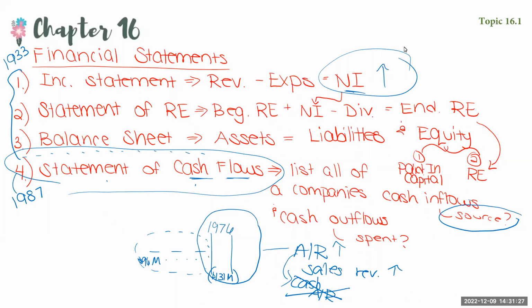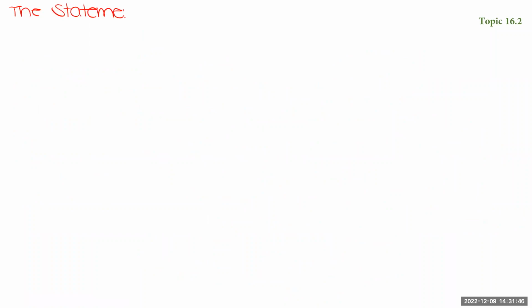All right, so let's delve a little deeper on that statement of cash flows. The statement of cash flows is made up of 3 different sections. So the statement of cash flows, we said it shows all of a company's cash inflows and outflows, and that's true, but we're actually going to show those inflows and outflows in 3 different sections. Okay. Operating section is the first one,